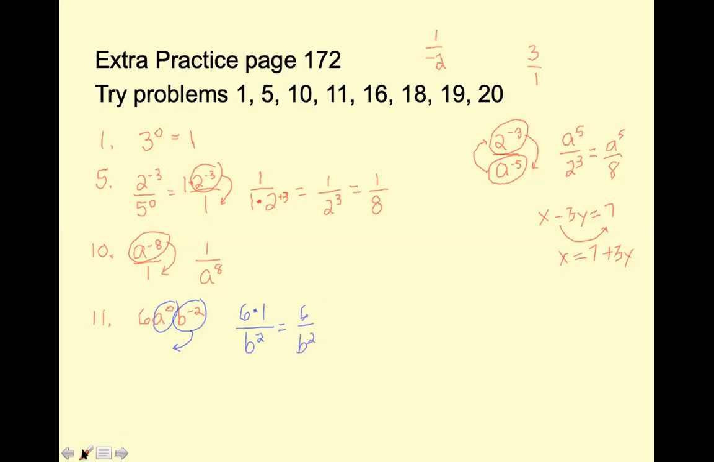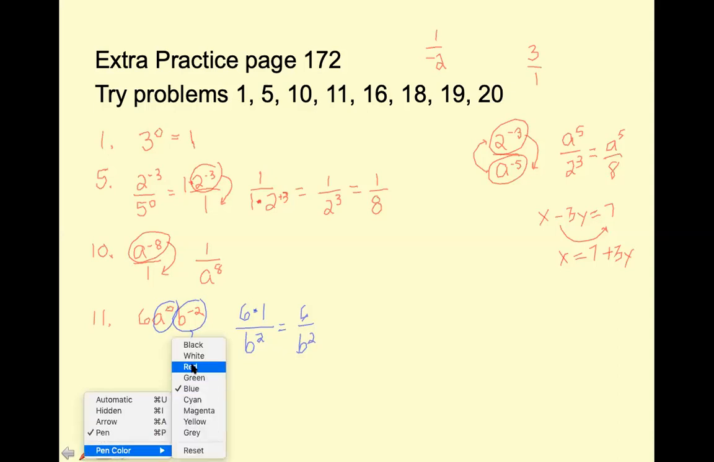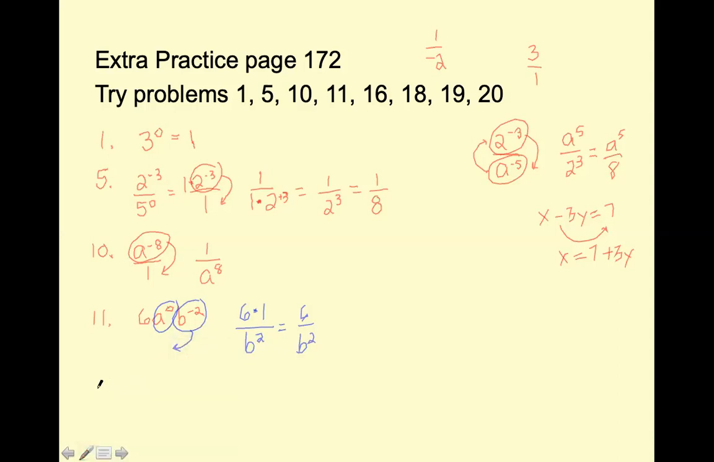All right, let's look at another one. Let's look at number 16. This time we have negative 2 to the 7th over negative 2 to the 5th. So remember the rule that says if you have the same base and you're dividing, you subtract the exponents. So our base here, notice they both are negative 2. So I'm going to rewrite this as negative 2